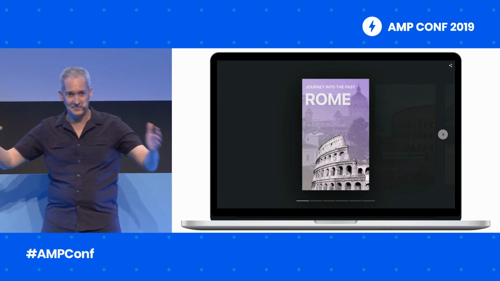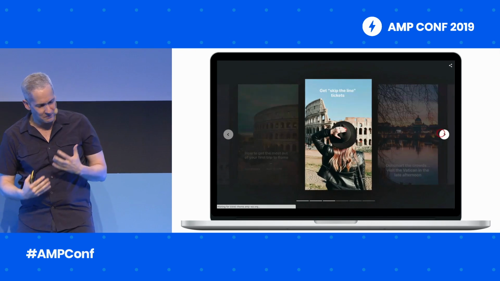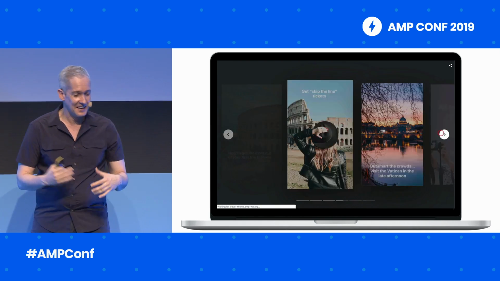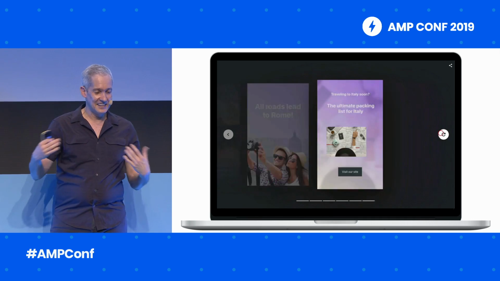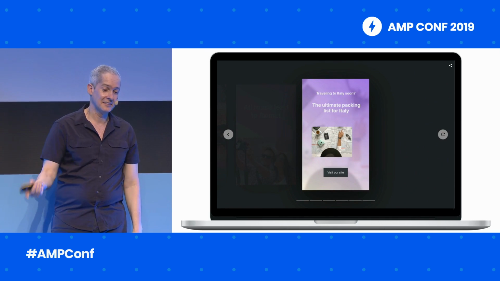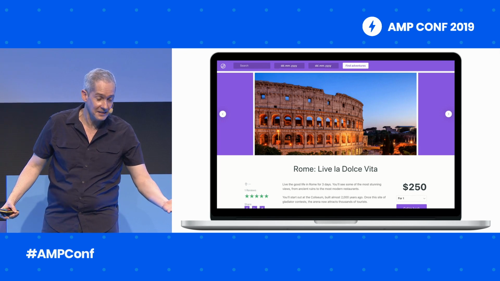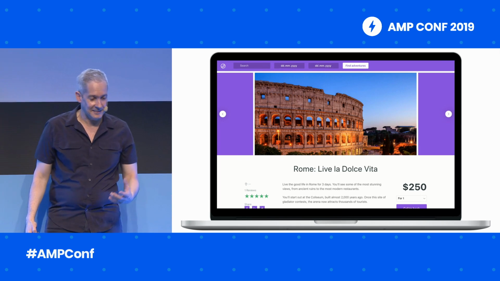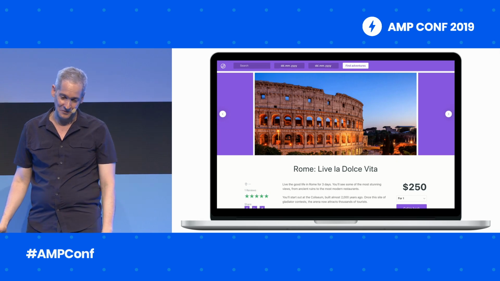And now the user is imagining how the trip to Rome is going to be, engaging, feeling excited about it, starting to make plans, dreaming about it. And then at the end of the story, they can go back directly to the site and perhaps buy it. So this is something very exciting because it's going to open up the kind of experience that you can provide